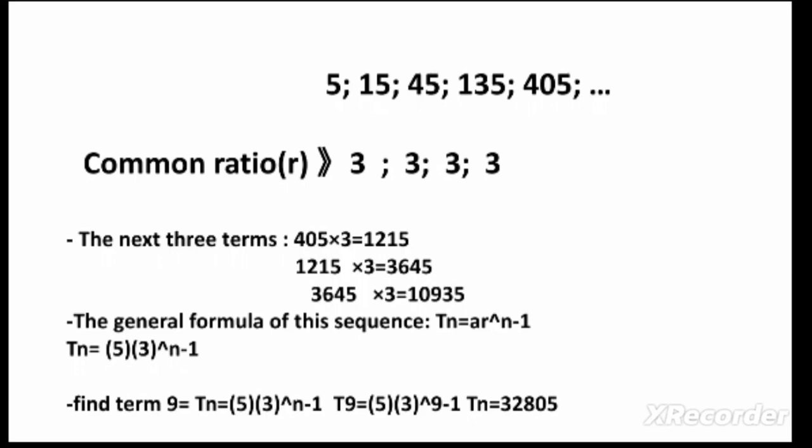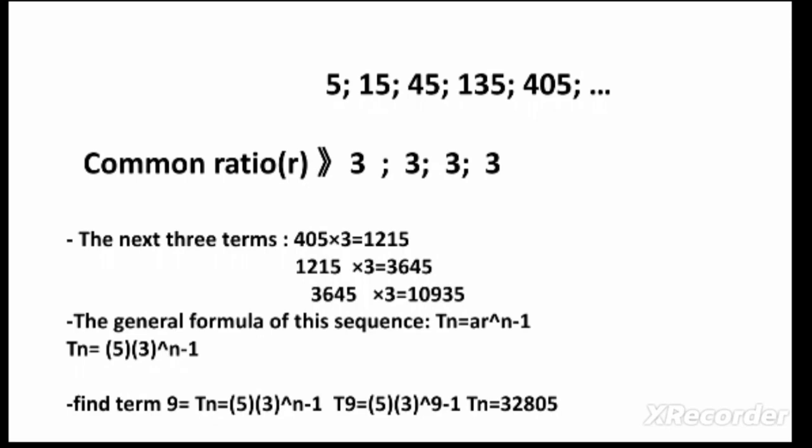So now what do you do if they ask you to find the next 3 terms in the sequence? If you look at the sequence, they multiply the previous number by 3 to get the next number. To get the next term, you're going to multiply 405 by 3, you're going to get 1215, which is the next term. And then to get another term, you're going to say